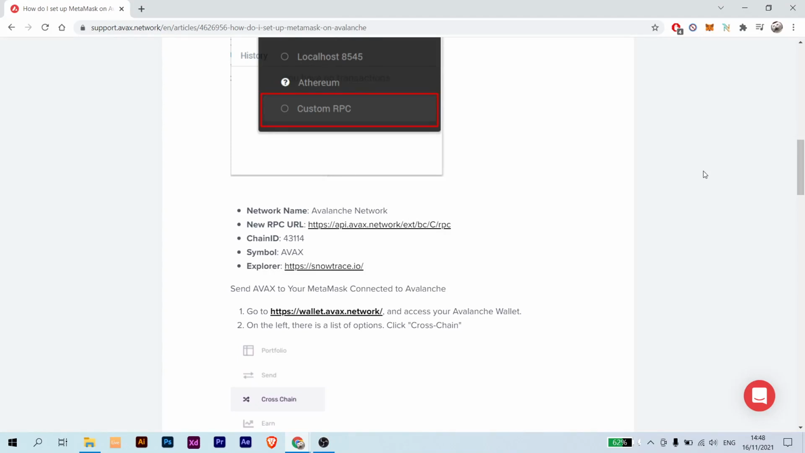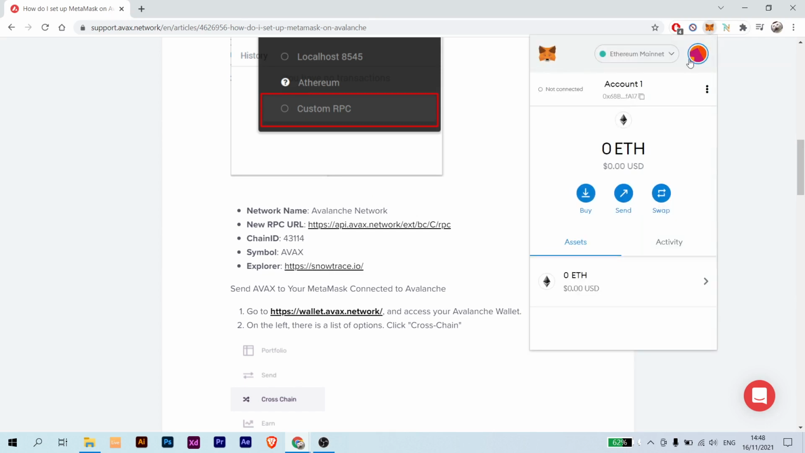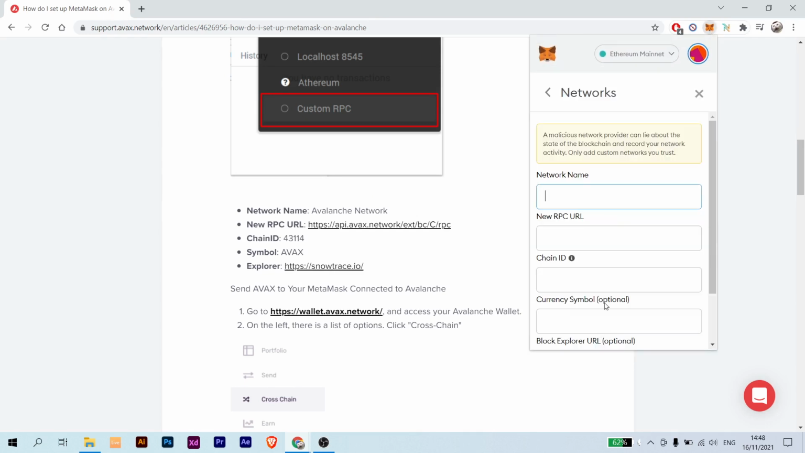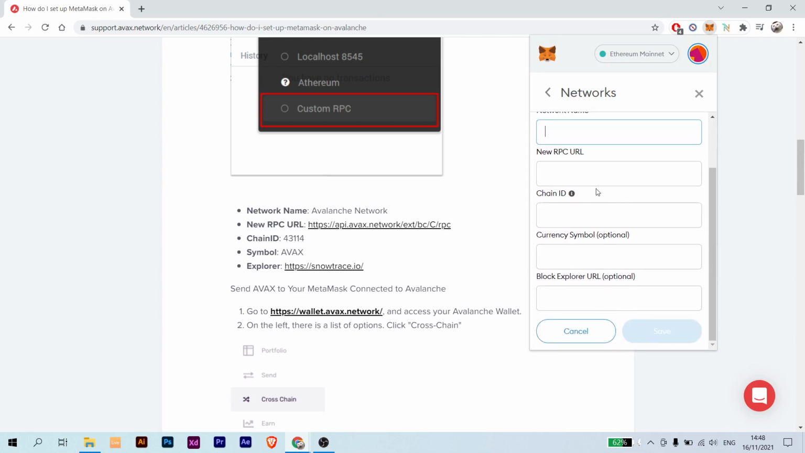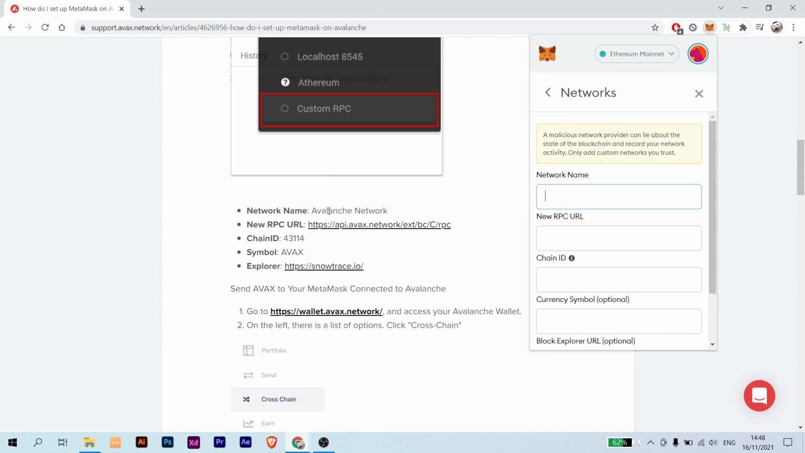In this video I'm going to show you how to add the Avalanche network to your MetaMask. Super easy and simple. You'll find a link in the description where you can copy and paste these details into your MetaMask. We can of course type them in here, but if you go back to here, as you can see,